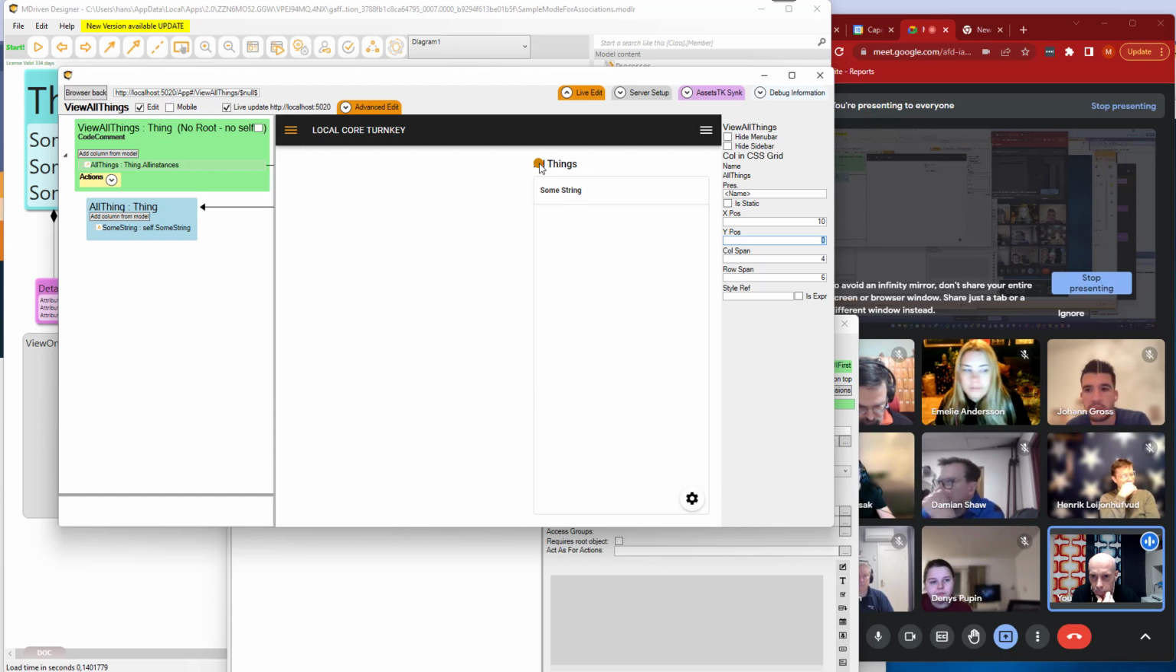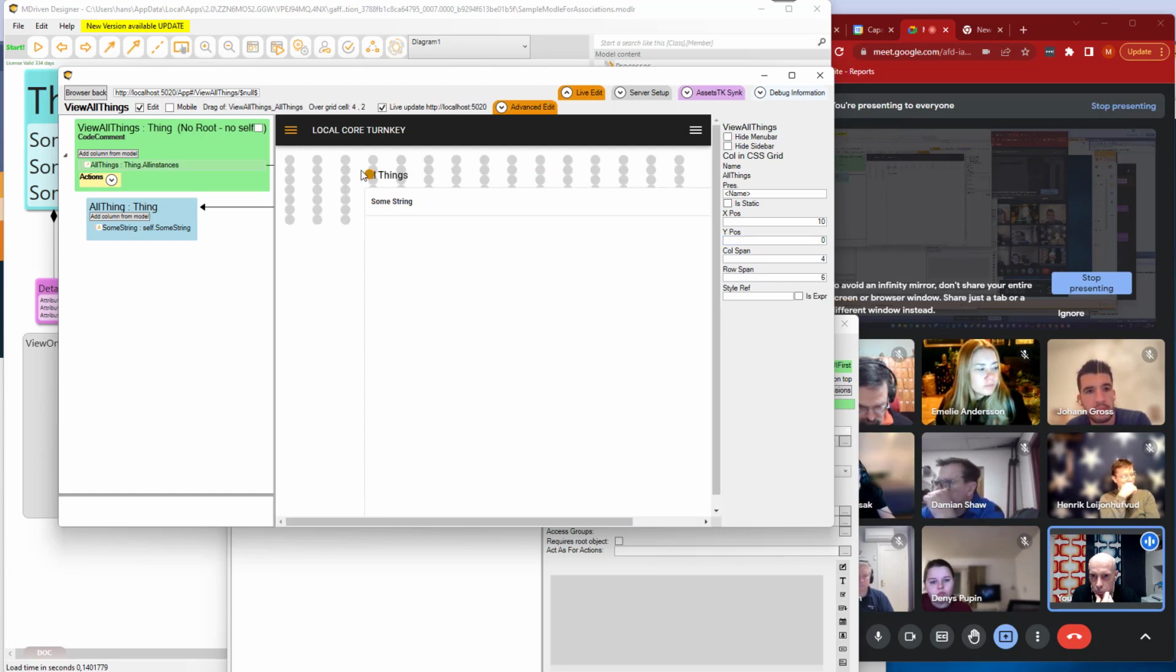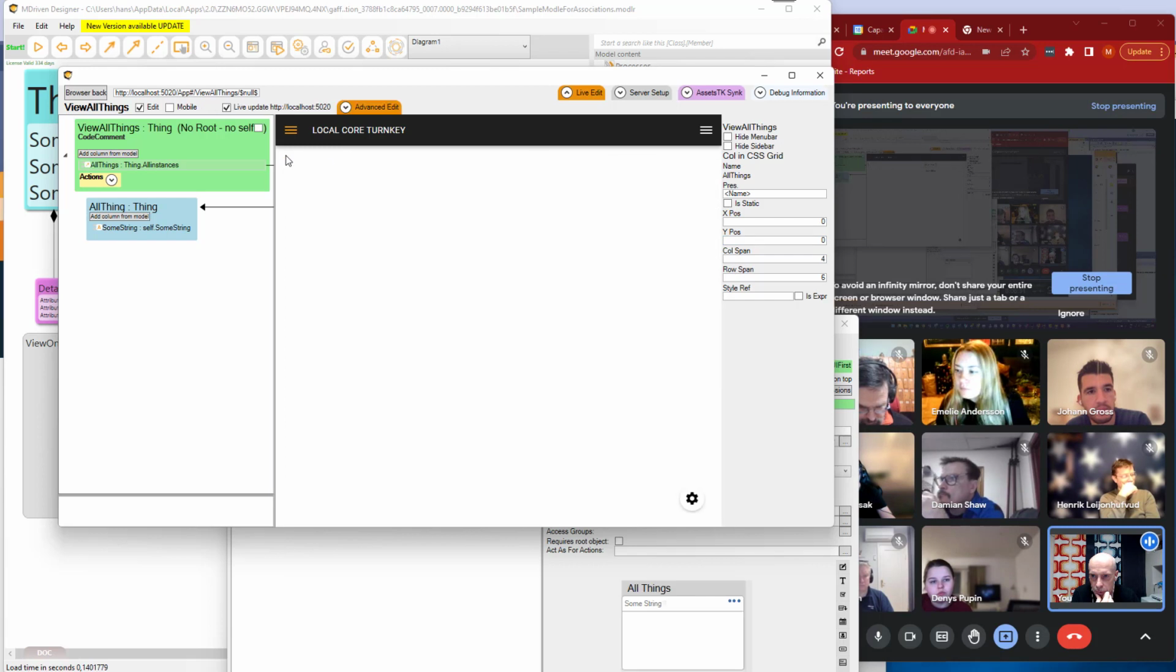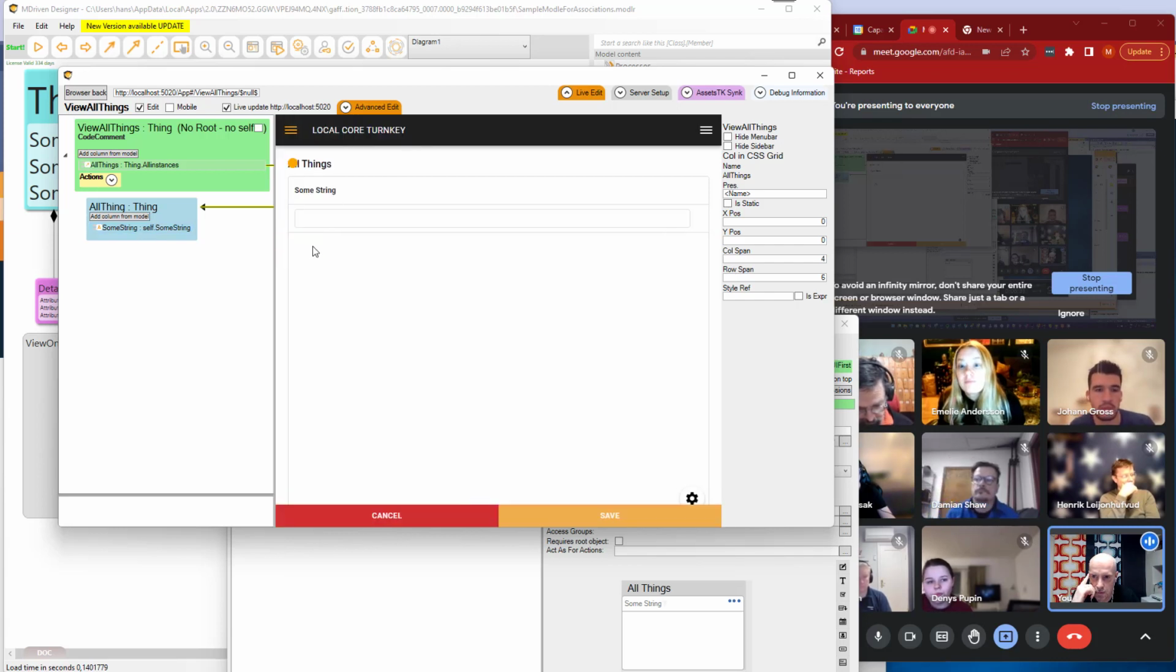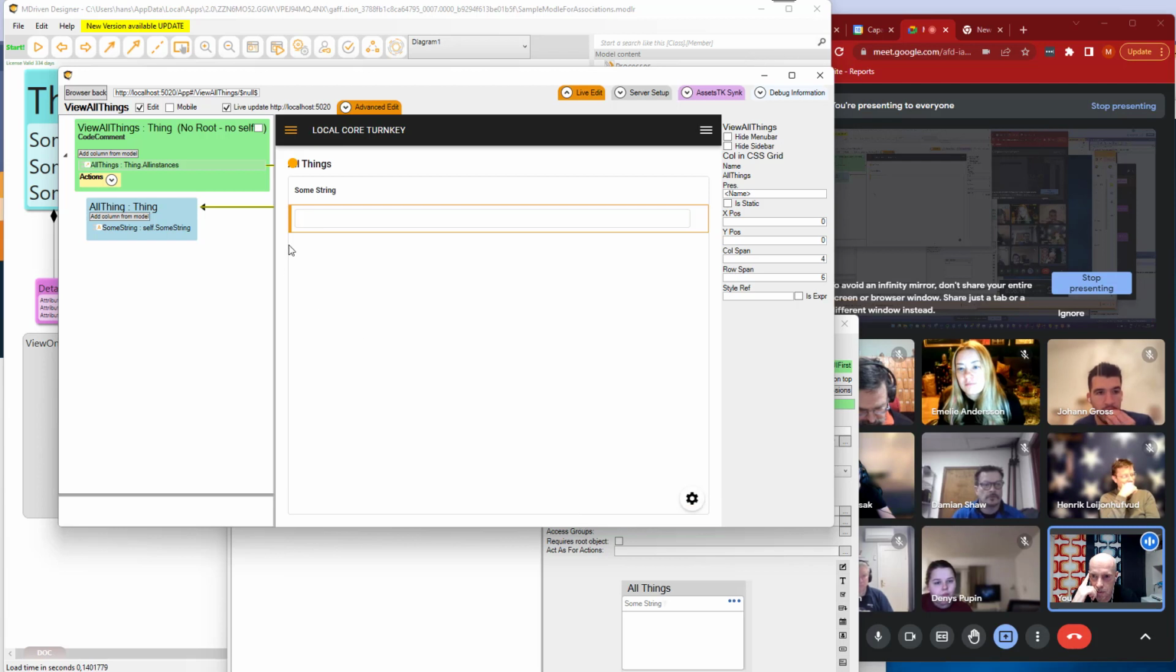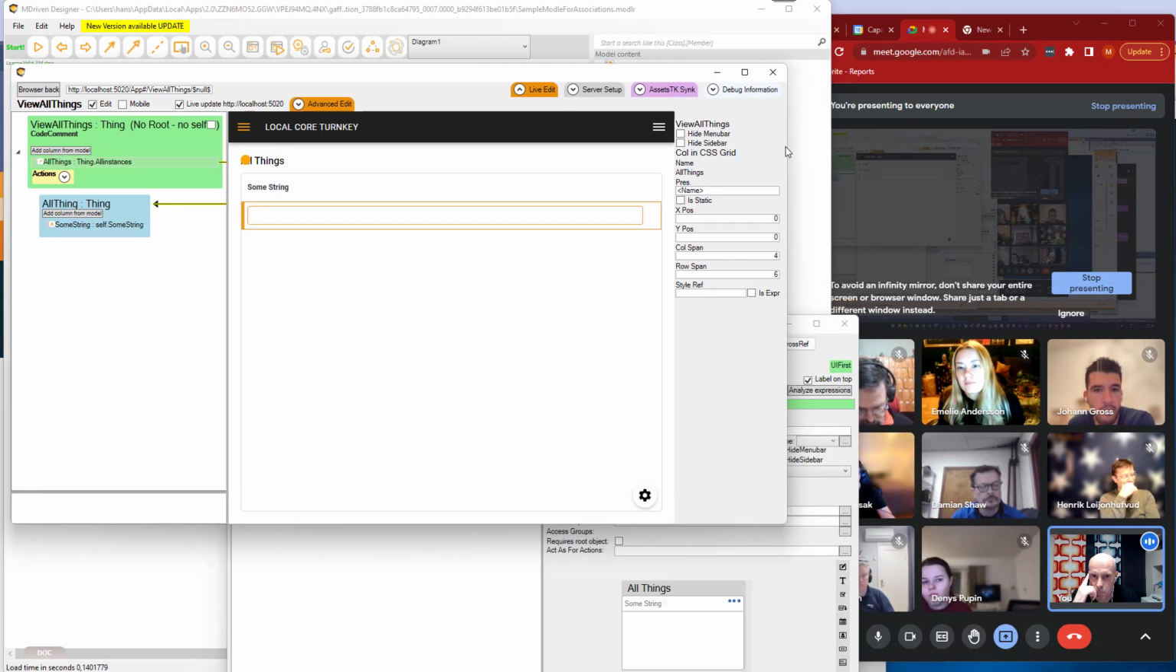And as I've shown before, we can also move things around like this. And since this is the running application, I can expect to find the actions. I can create a new thing and I can save that. And, well, it's a small screen, so I'm gonna